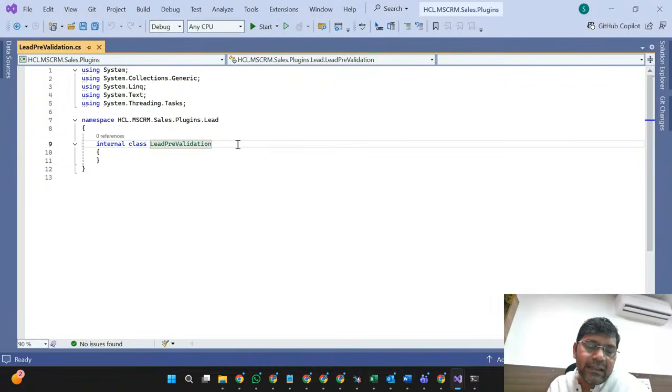Suppose there might be some scenario where you have to write your own class and write some complex logic in those classes. Maybe in some companies, they create different logical classes as a shared library, and you have to consume those libraries inside your plugin code, and you don't even have the option to change those libraries.